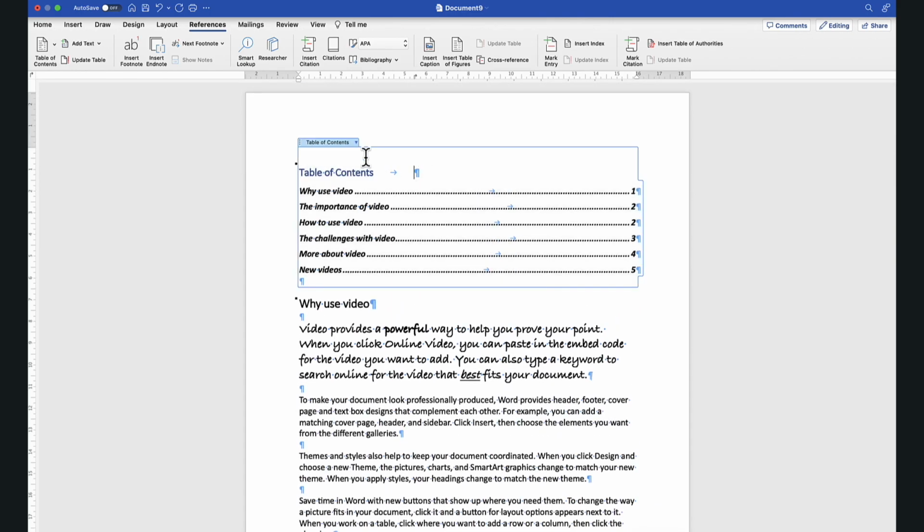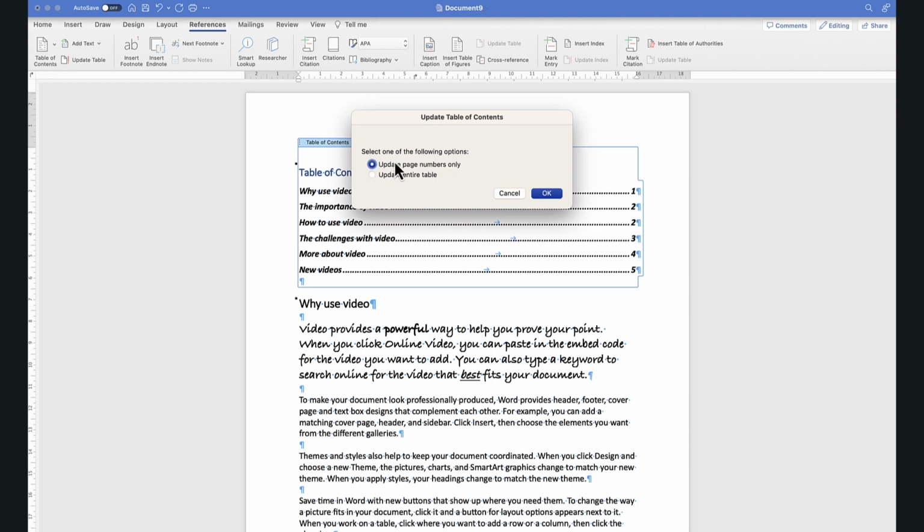If I click on the table of content, you can see there's a drop-down arrow at the top. I can then click on Update Table, and it says select one of the following options: update page numbers only or update the entire table. So if I say